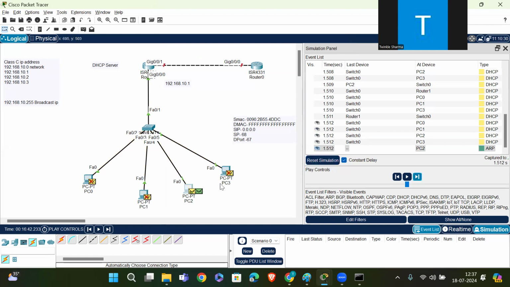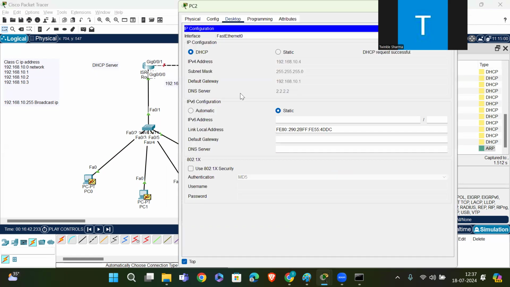After assigning the IP address, as we all know, the ARP message will be generated. Now I will check the IP address. It is assigned 192.168.10.4, which was checked here already, right? So this is the IP address allotted now.